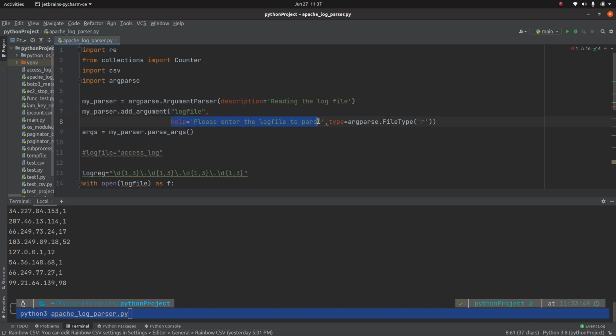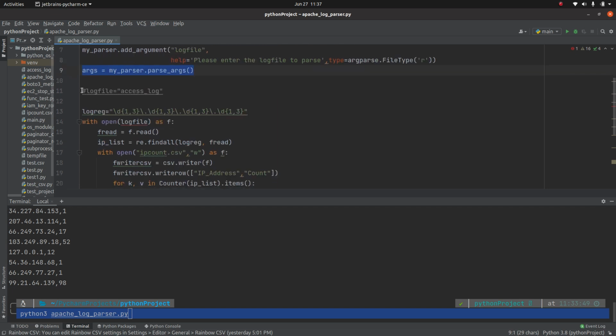Then I'm just adding some help option: please enter the log file to parse, and then giving it the type of this file, which means we are opening this file in the read mode. The next step is we are executing this parser using parse_args. Okay, and as you can see, I have commented out this entry.